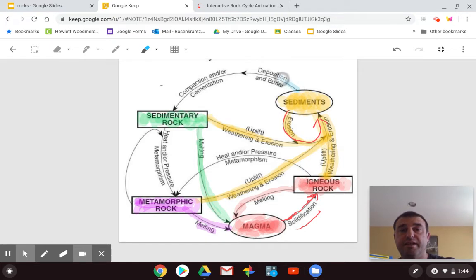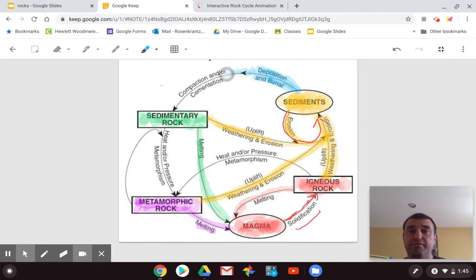If the sediment gets dropped off, that means deposited. And as it gets dropped off, it gets buried. So, for example, if a river is carrying sand, it's going to drop the sand off into the ocean. And then eventually another layer of sand that gets dropped off by the river will bury the previous layer of sand. And over time, you're going to get a thick layer of sand, or thick with multiple layers of sand.